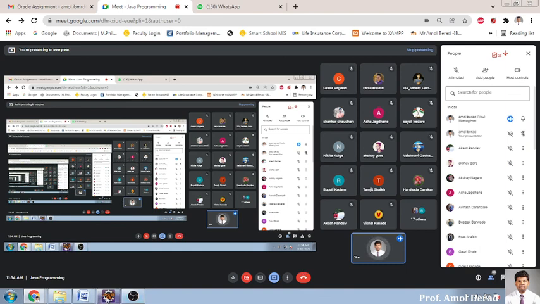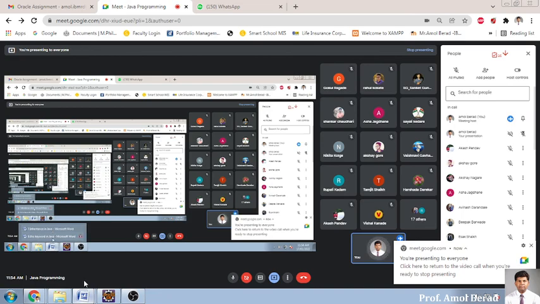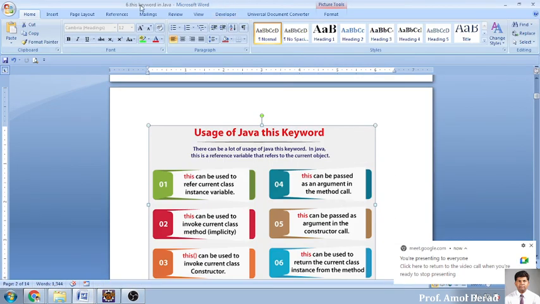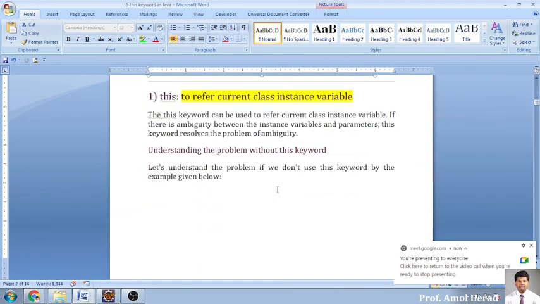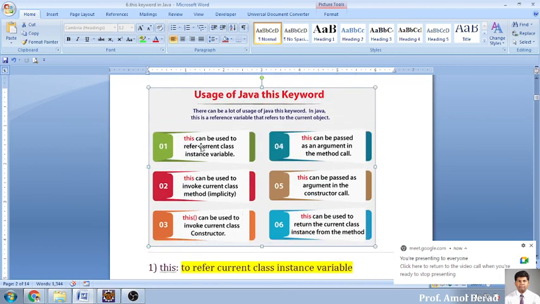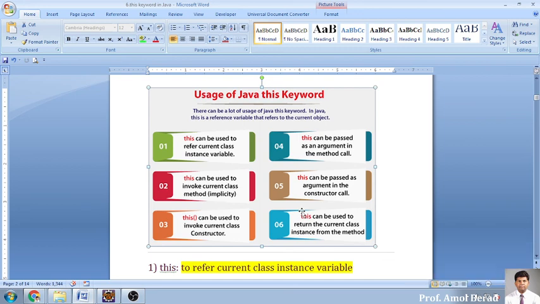I am expecting that you go through this keyword content that will be shared with you. Go for implementing all the features. I am not expecting you to go for inheritance today. Today only implement this keyword, and there are 6 different ways in which this keyword can be used. Is it clear to everybody? After executing, write all 6 programs into a 200 pages notebook. Is it clear to everybody? Yes or no? At any moment I can ask for your submission.